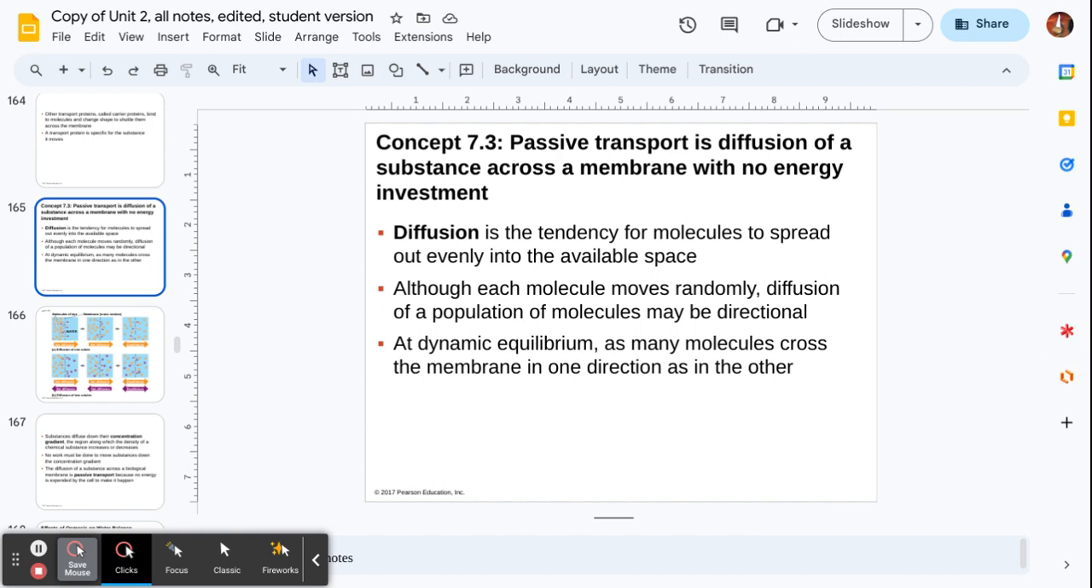Diffusion. The simplest way to get something through a cell membrane is through diffusion. It doesn't take any energy. And it's really just this idea that molecules,